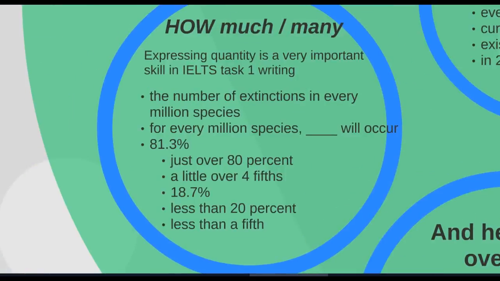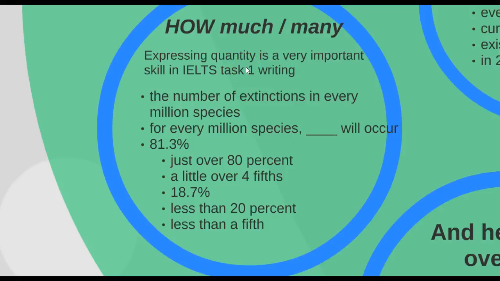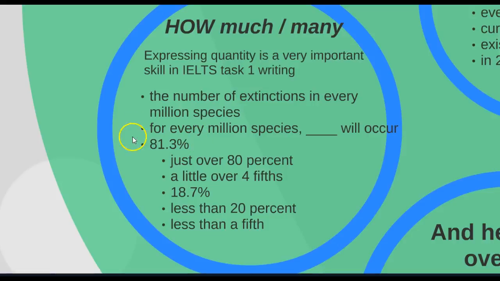What about how much, how many? Now this is important in later paragraphs. But I want to say from the beginning, expressing quantity is a very important skill in IELTS Task 1 writing. For example, the number of extinctions in every million species. For every million species, something will occur. And also notice my example here. It's just an example,